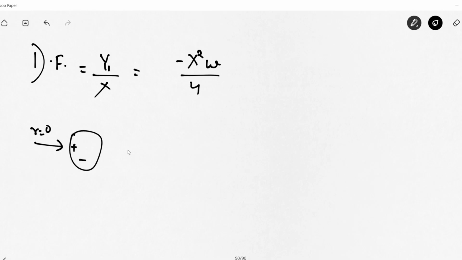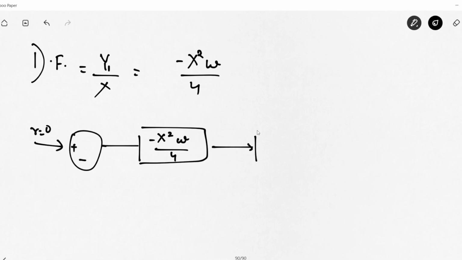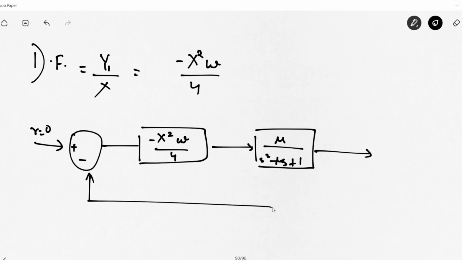So therefore our system is now, r is still equal to 0 only. We have a describing function minus x square omega by 4, and we have a linear function mu divided by s square minus mu s plus 1. So we are getting